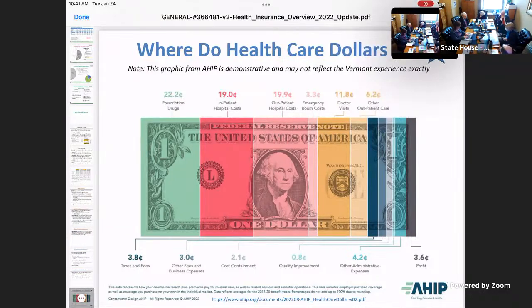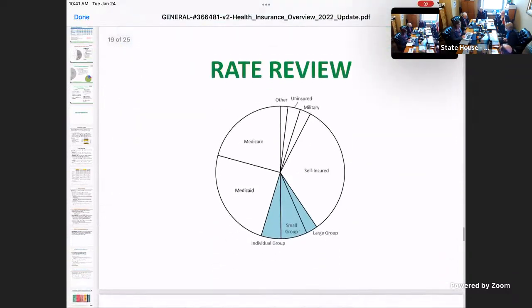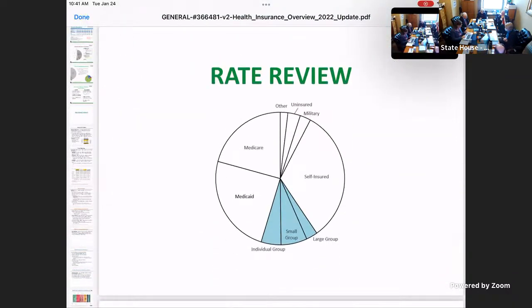Let's get this next slide too. And this was the pie chart I was looking for before. We're going to jump into rate review, because this is an important part of the regulatory piece. This is a piece where you have some say in legislative law and legislation about how we control that small population of who we regulate.